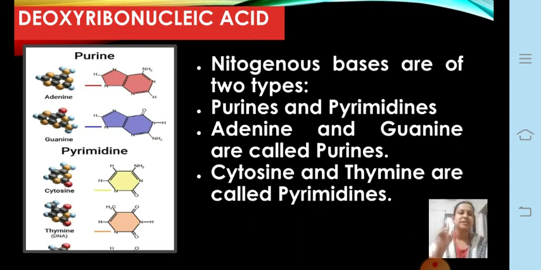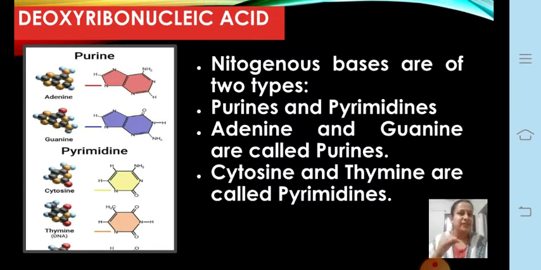Nitrogenous bases are of two types. One is called purine, another is called pyrimidine. Again, purines and pyrimidines are divided into different types. Purines are adenine and guanine. You can see the first two structures are called purines. One is pink in color and the other is purple. The pink one is adenine, and the second, purple one is guanine, and both of them together are called purines. Whereas pyrimidines are of three types,